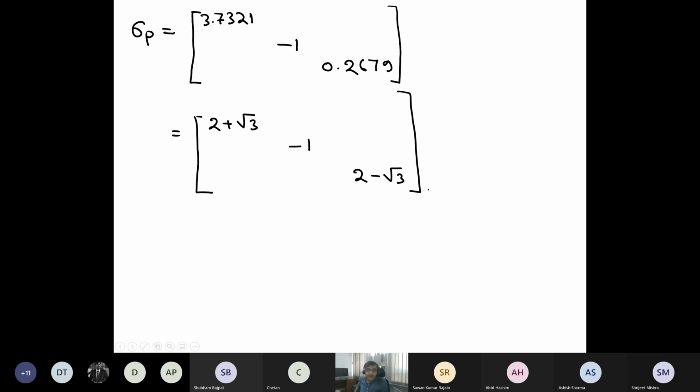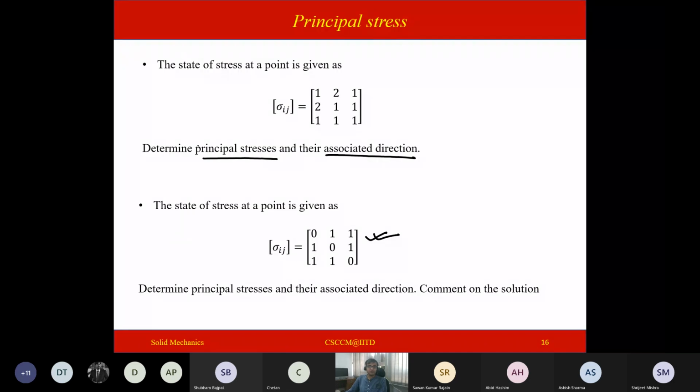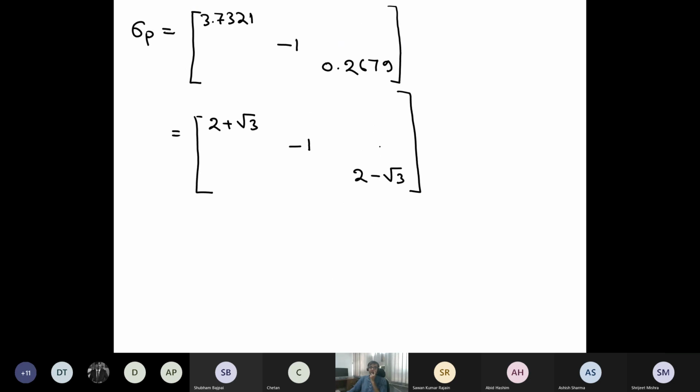Okay. And now what we want to do is, this is only 50% of the question. Remember, we have computed the principal stresses, but we need to compute the associated directions also. So I want to compute. So let's take one example. So let's say my sigma P is equal to this one. And for this, I want to compute what is my L, what is my M, and what is my N. So what will you do? Simple.